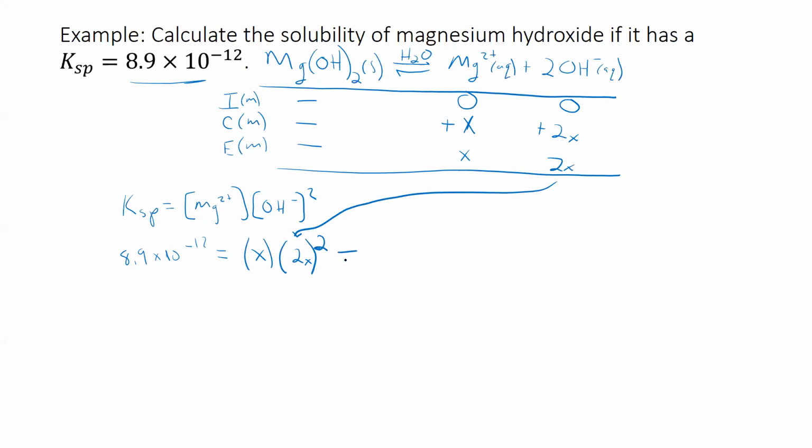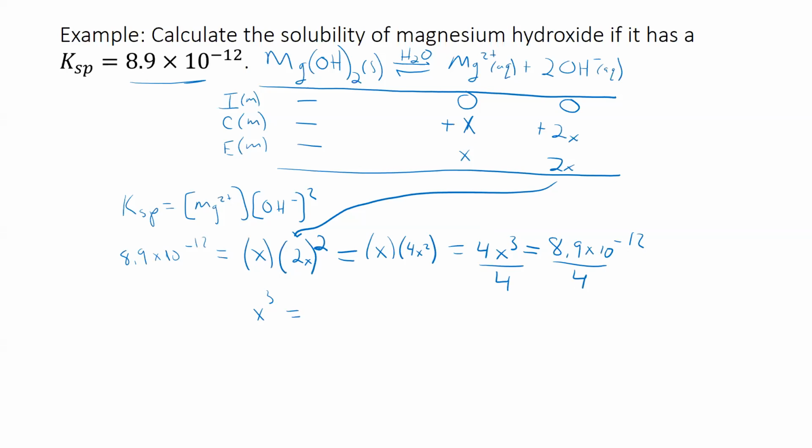And so as we work this out, we can see that's going to be X times 4X squared, which is 4X cubed. So now we're dealing with something that has a cube. That's an issue for us if we've never dealt with a cube before, okay? So I'll bring my 8.9 times 10 to the minus 12 to the other side. I can divide each side by 4 to get my X to one side. So I get X cubed equals 8.9 times 10 to the minus 12 divided by 4,